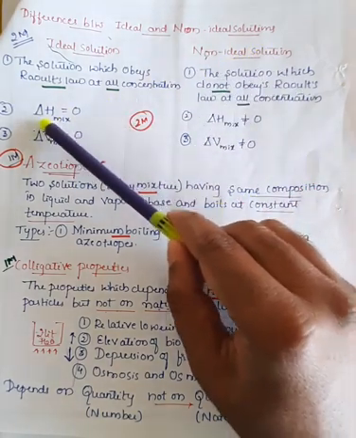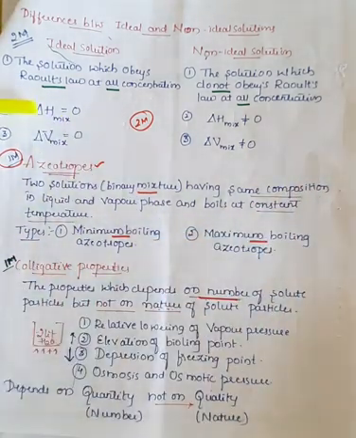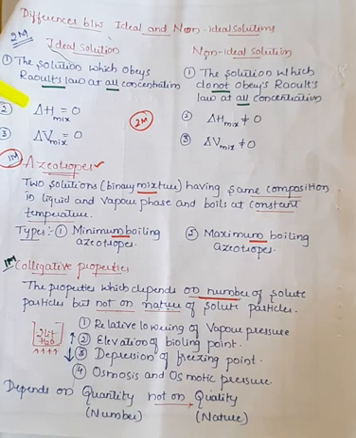Second one is delta H of mixing. Observe here carefully. Delta H means the change in enthalpy. H represents the enthalpy or the heat of the system, so delta represents the change in the value. So the change in the value of enthalpy during mixing will be 0, right? Whenever you mix a different component into the same solution, what happens? The heat of the system will not change. And that is called an ideal solution.